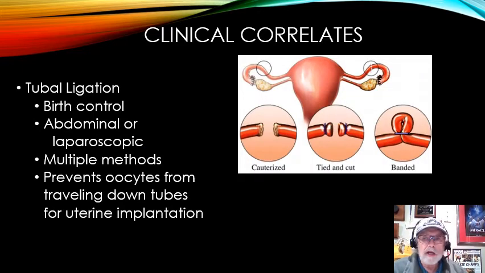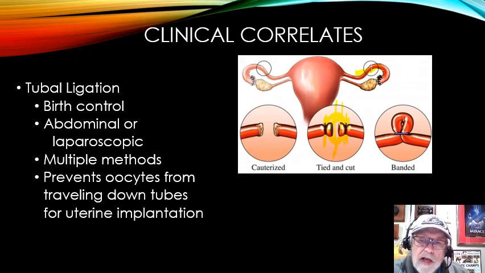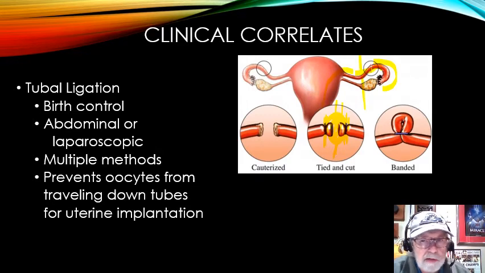Tubal ligation is a way that they could, pretty much, prevent pregnancy. There's a number of different ways they could do it. When they talk about getting the tubes tied, this is what we see here. They go into the abdomen endoscopically, with a tube, and find the fallopian tube, and they tie it off or clip it off on one side and the other side, and they cut it in the middle. So now there's a gap in between. Therefore the ovum could come one way and the spermatozoa could come the other way, but never the twain shall meet. They can't meet because it's been cut in the middle.